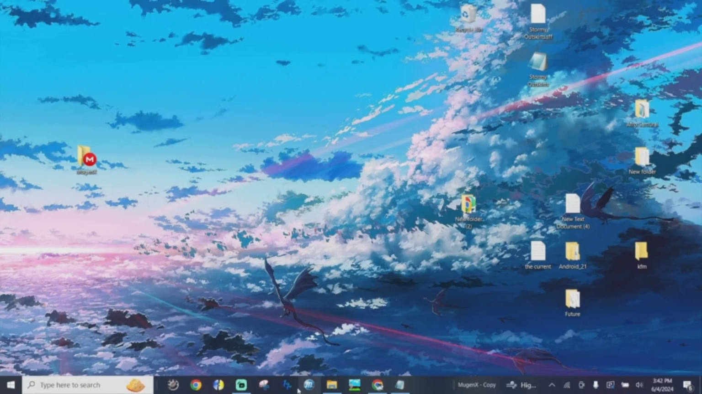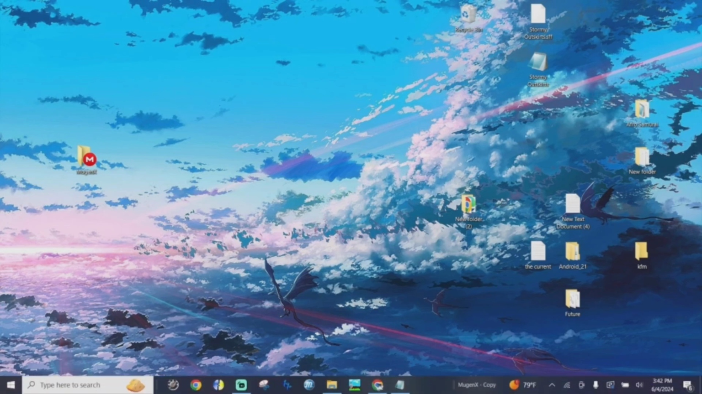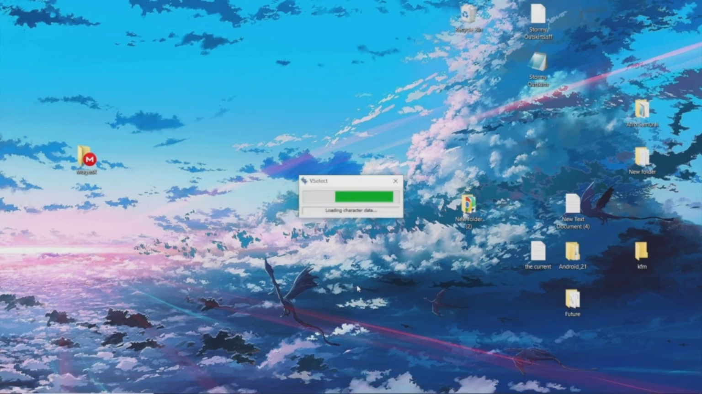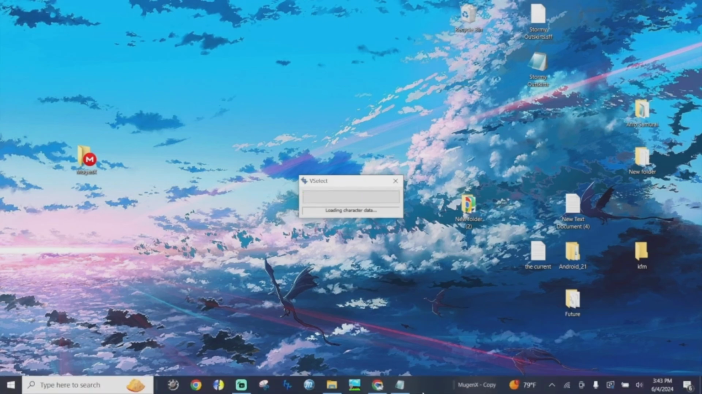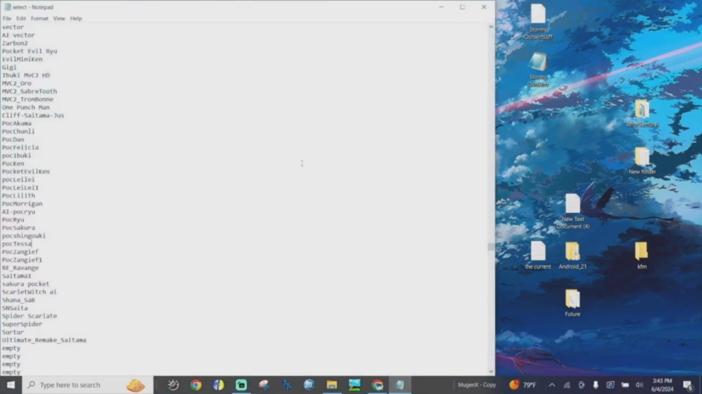Hey guys, I want to make a video today showcasing how to fix VSelect if you run into the issue where it won't open up or it'll crash as soon as you try to load it, like you see here. The reason for this problem is because a character in your roster is incompatible with VSelect and is causing it to crash. The way to fix this is actually extremely easy,